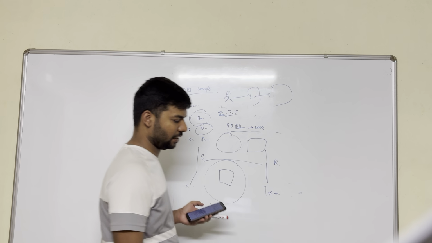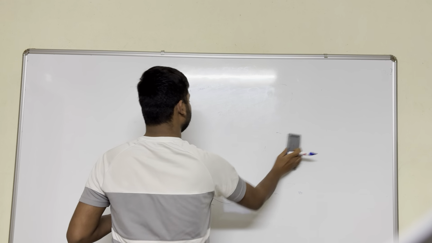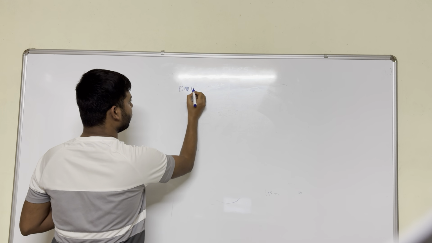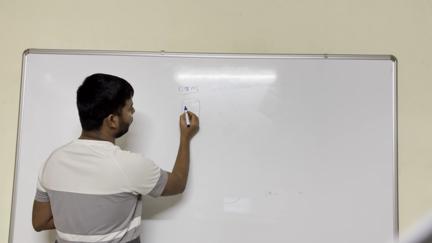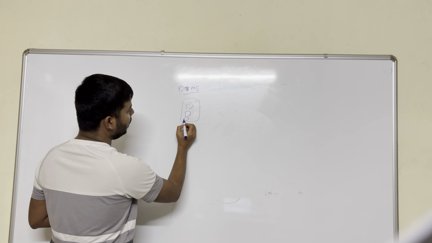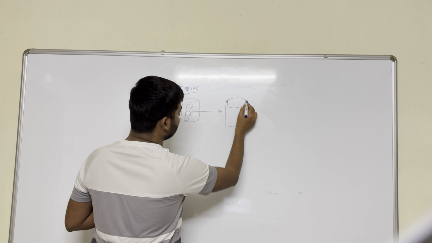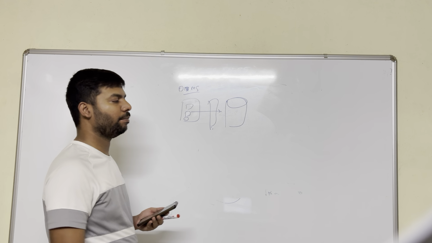I think database now. DBMS. A database is nothing but this: I have a web application where user ID and password are entered, and if the user submits that, it goes and stores the data in the backend. That is called a database. In between, the middle tier is what we call the business logic layer.